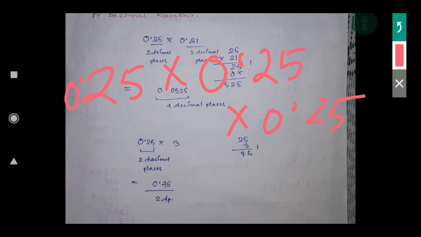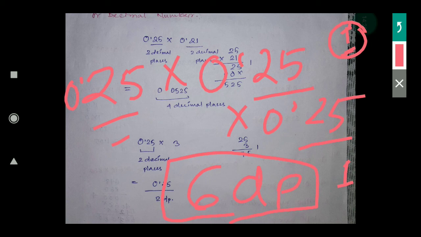Suppose it is a 1 mark question. If you do the multiplication 25 by 25, and then that result with another 25, it will take so much time. So at that time there is no need to do the multiplication. Simply see here: 2 decimal places, here 2 decimal places, here 2 decimal places. So the final answer will be in 2 plus 2 is 4, 4 plus 2 is 6. That means the answer will be in 6 decimal places. DP means decimal places. No need to do the multiplication, because it is given as a one mark question only. No need to waste your time; you just have to tell how many decimal places will be in the final answer.